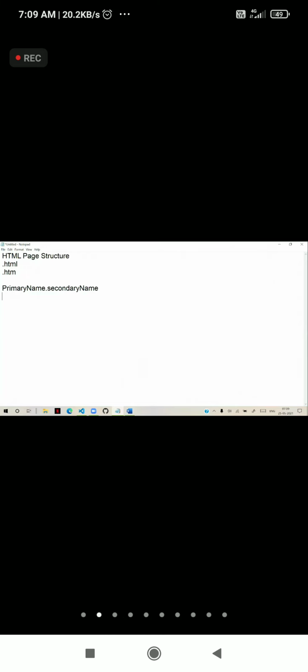The primary name can be any length, but the secondary name can be a maximum of 3 characters only, as per the rules of the operating system. You can give a lengthy name also, it doesn't matter, but as per the tradition and rules, it must be 3 characters.